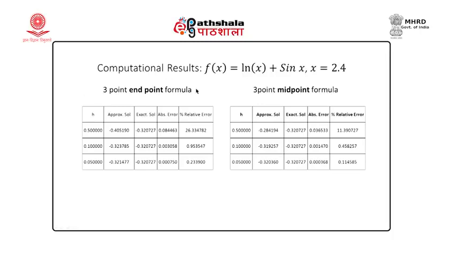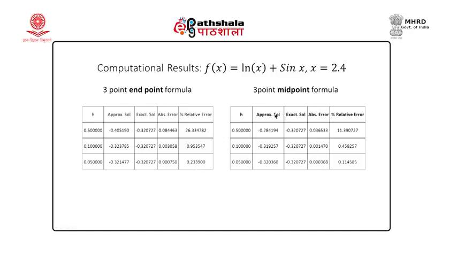So, if we look at the 3-point endpoint formula with h equal to 0.5, 0.1 and 0.05, our approximate solutions are minus 0.405190, minus 0.327 and minus 0.321477. The exact value we have seen; errors are 0.084, 0.003 and 0.0007. So, as we reduce the step size, errors decrease; the relative error has come down from 26 percent to 0.95, less than 1%, if we reduce h to 0.1, and then